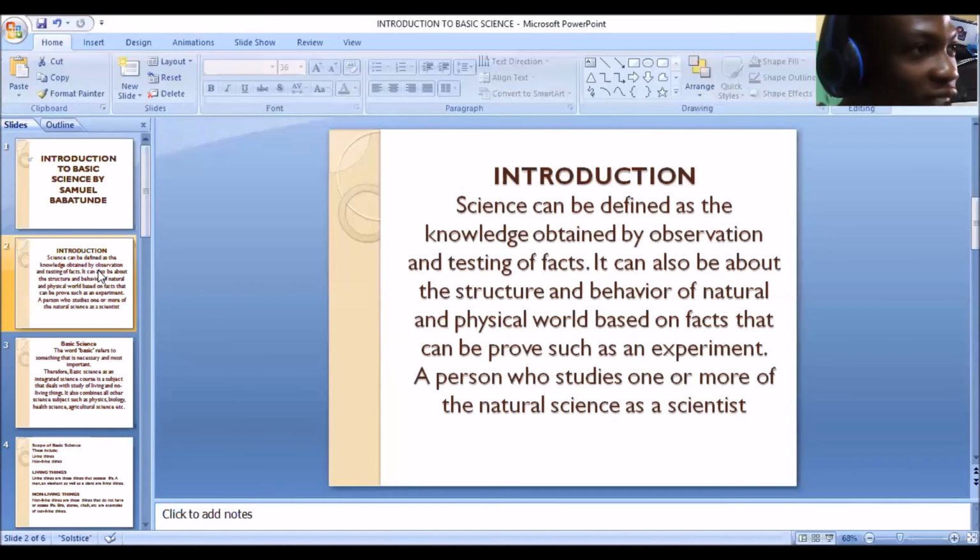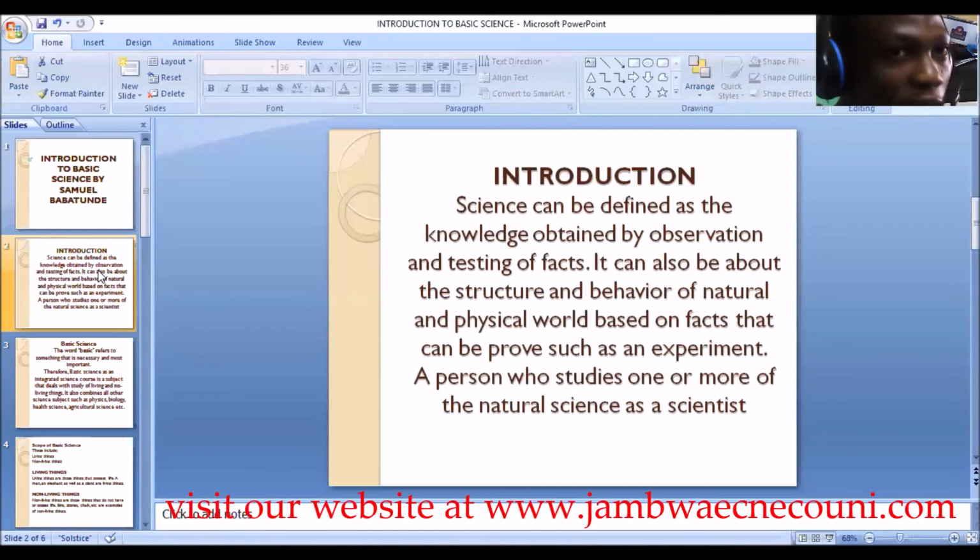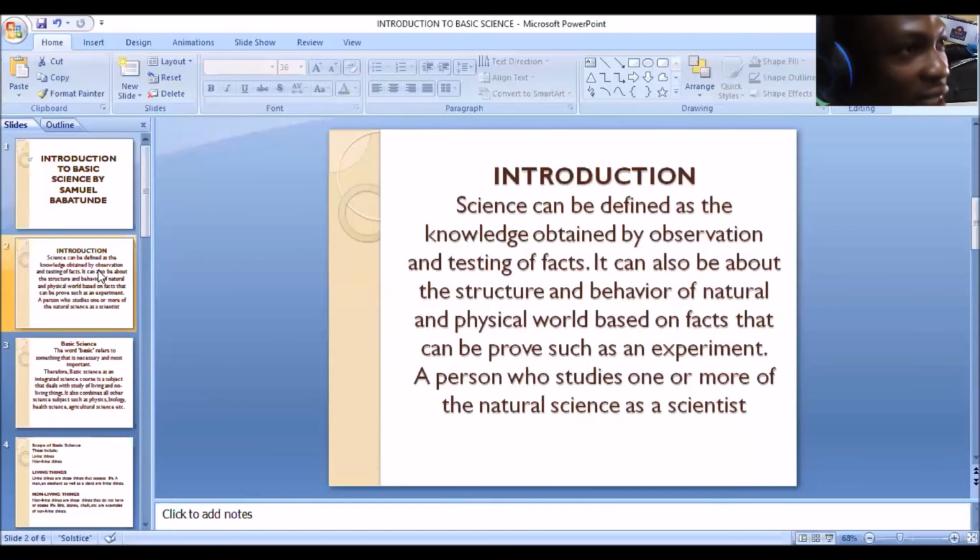Remember, I told you that observation alone is not science. After making your observation, after dropping the theories and the laws, you have to prove them. You have to test them, to see if they are real. You test the facts, and that's where experiments come into play. The act of testing these facts is what we call the experiment. So you carry out experiments to prove your words, to prove your theory. This is when it becomes science.